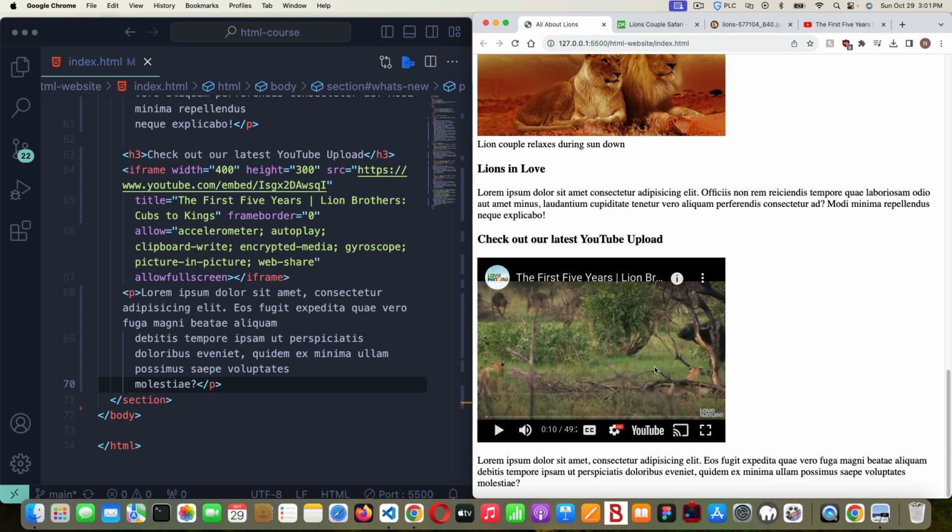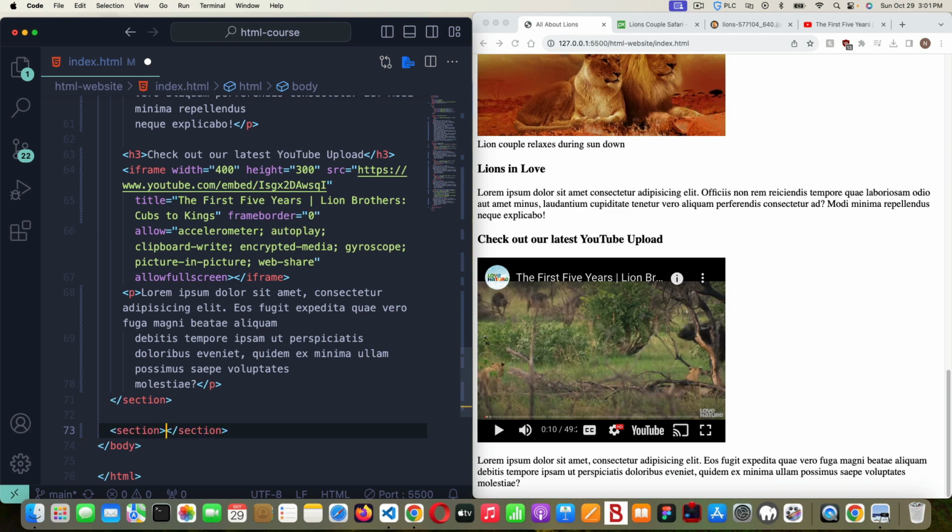And to find out how to do all that, guys, just go to Google like all web developers do and just type it in, like how to autoplay a YouTube video on a web page. It'll show you. Okay. So let's do one more section on here. And this is going to be like a link to our blog area. So let's make an ID. We'll call it blog